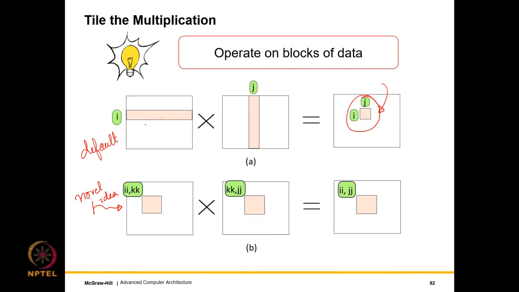All right. So the small block of data can start at the coordinate II, KK, and then basically the size of the block might be B rows on this side and B columns on this side. And we consider a similar block which again starts from here. So we take one small row over here, we take one small column over here, we multiply them. So we'll produce a set of partial sums,